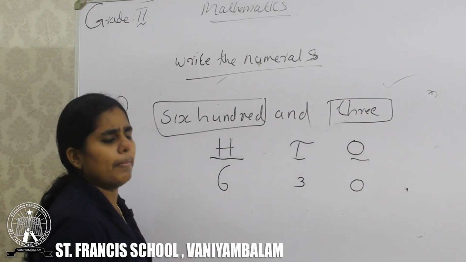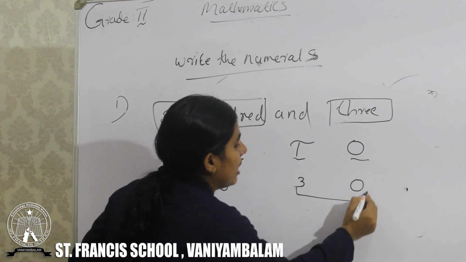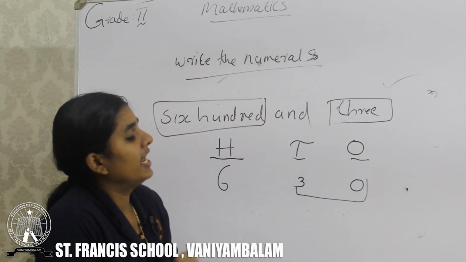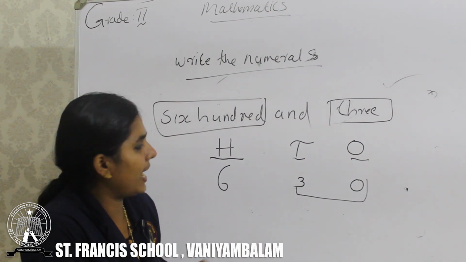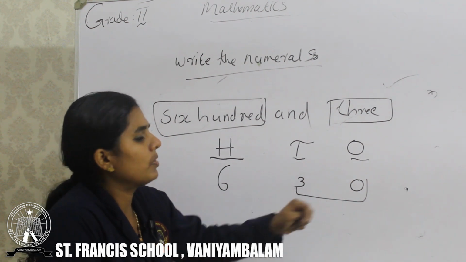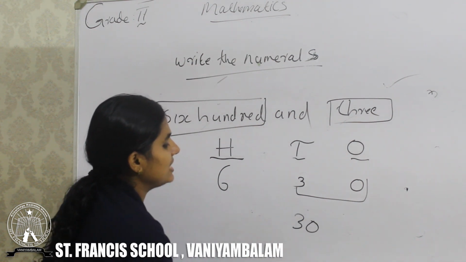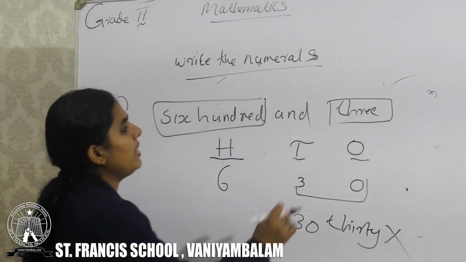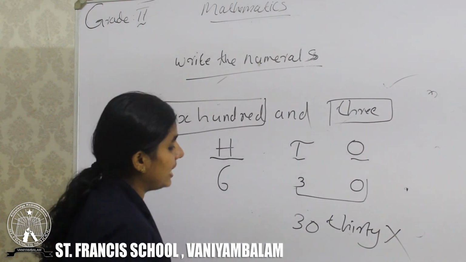Then just you read this number. Here look, 600 and 30. This is which number? Number 30. But look at our question. Here we have only which number? Number 3. 3 and 30 are different numbers. Here we have only 3. In the tens position I wrote 3, then ones position I wrote 0. This means 630. That is number 30. This answer is wrong. We want number 3. 603.